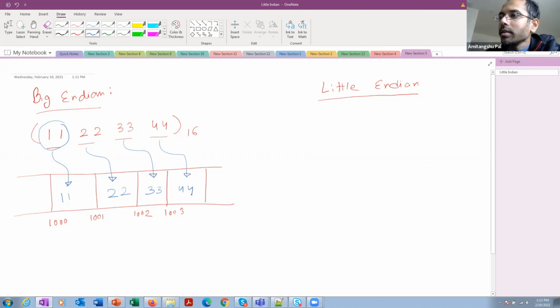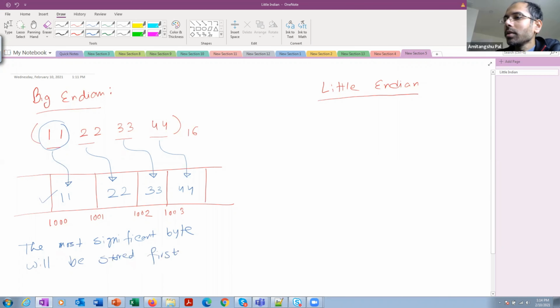So if this is the least significant byte and this is the most significant byte, then the most significant byte will be stored first in big endian notation.